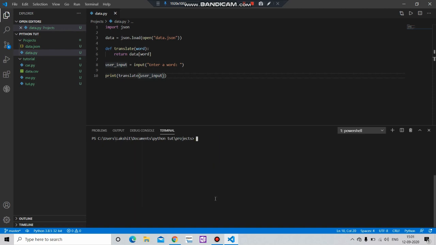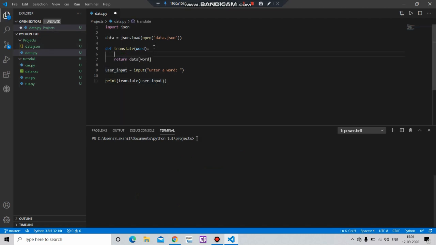To do that, we will use the if statement. How? Let me tell you. We will put if word in data. What this means is, if the word which the user enters is present in this data file, then return the meaning or definition. If it is not present, then else,